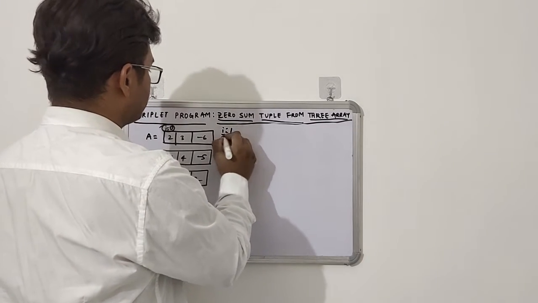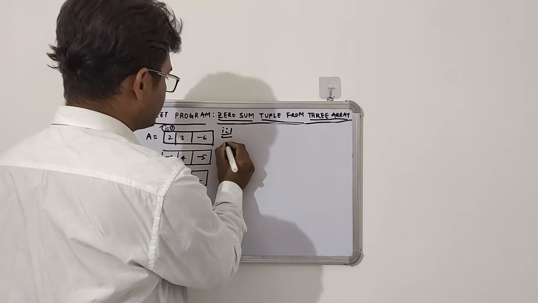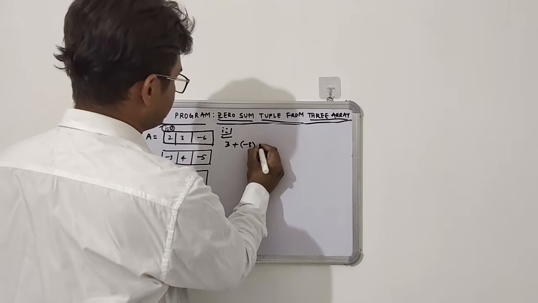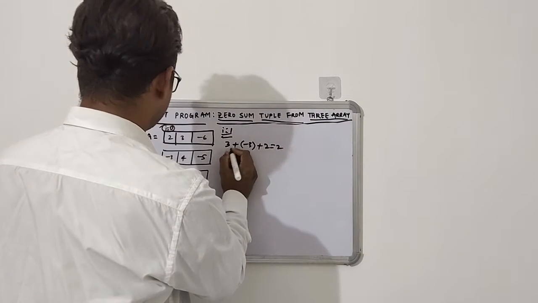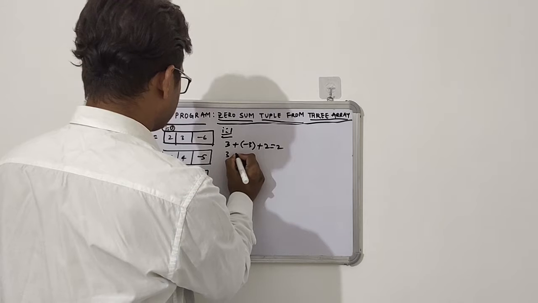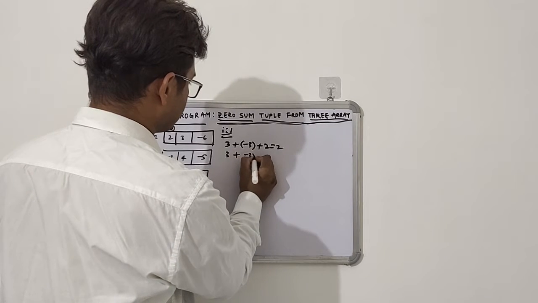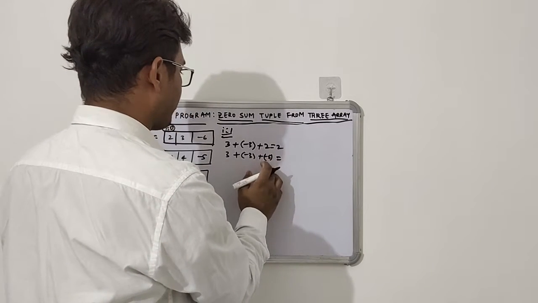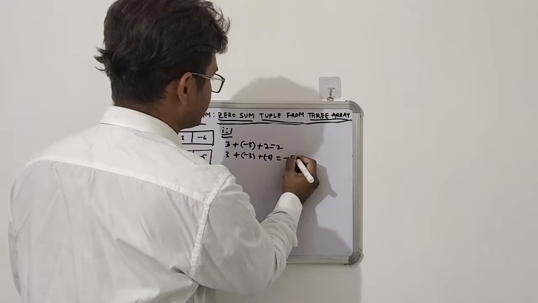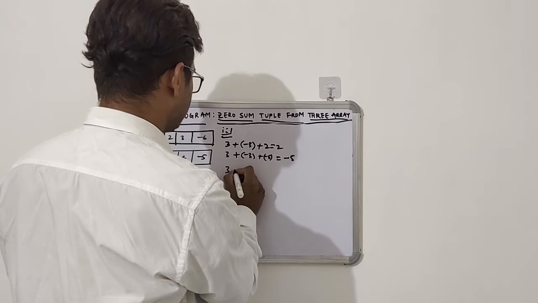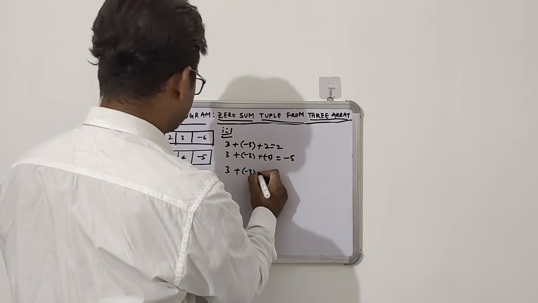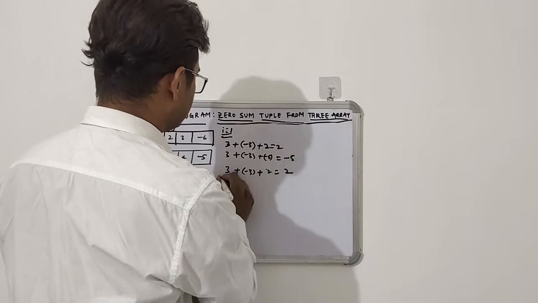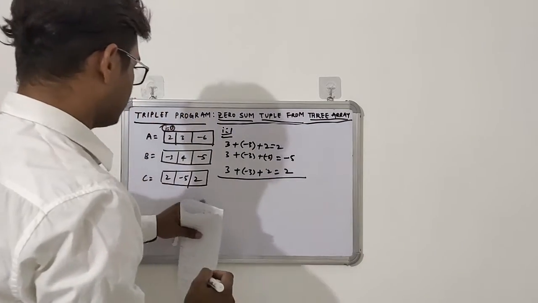For i equal to 1, now we will take the first tuple: 3 plus minus 3 plus 2, this will be 2. Again 3 plus minus 3 plus minus 5, this will be minus 8 and this will be minus 5, right? Again 3 minus 3 then plus 2, this will be 0, this will be 2. Now it's over for this all C.